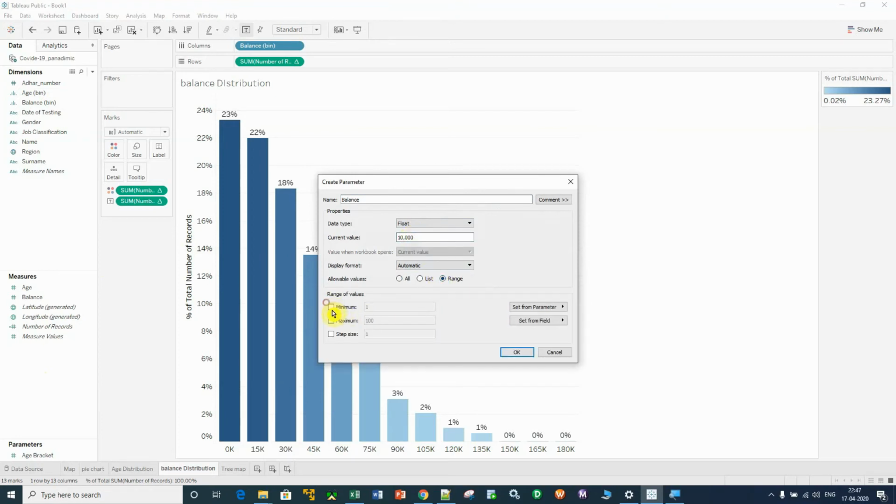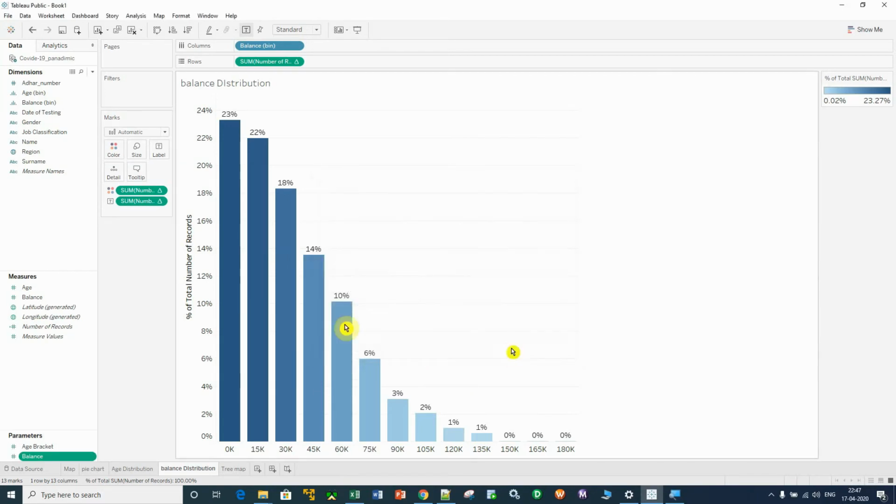Click on range. The minimum value we can give here is 10,000, and the maximum value we have to give here is 25,000. Any value you want, you can give here. Step size should be 5k, let's say 5k, so that at the 5,000 bracket you can do the analysis, right? So now